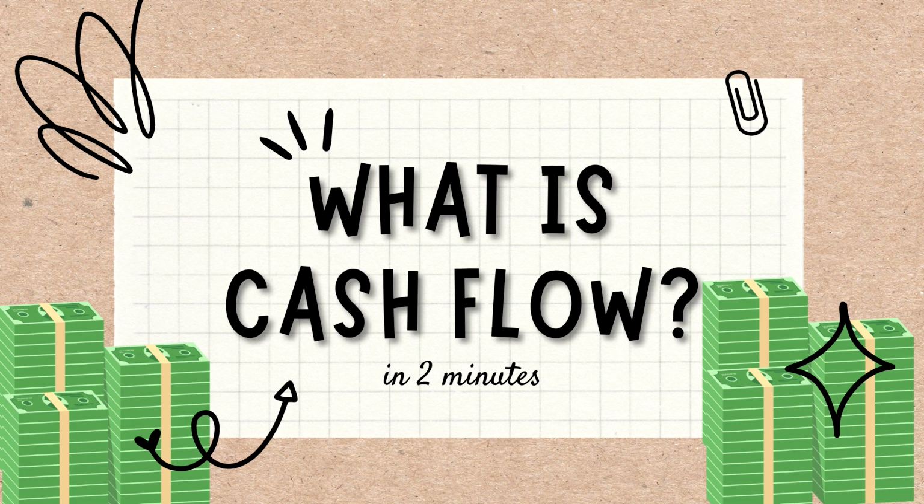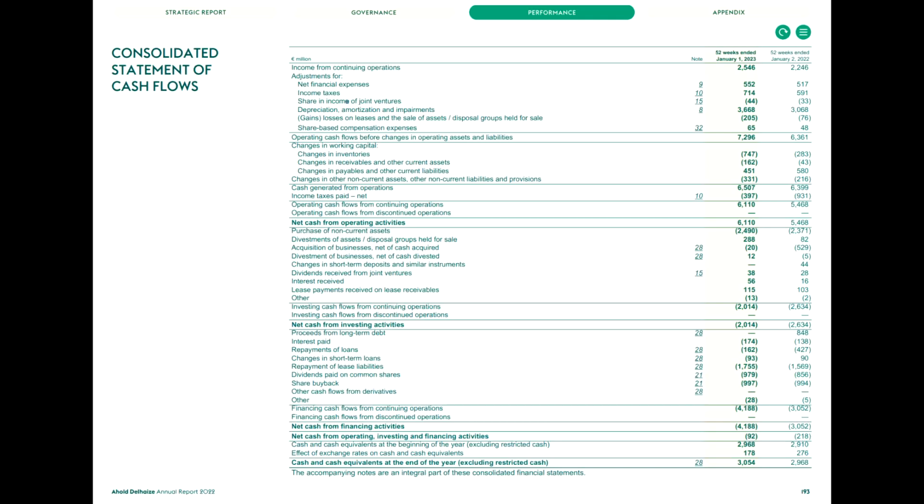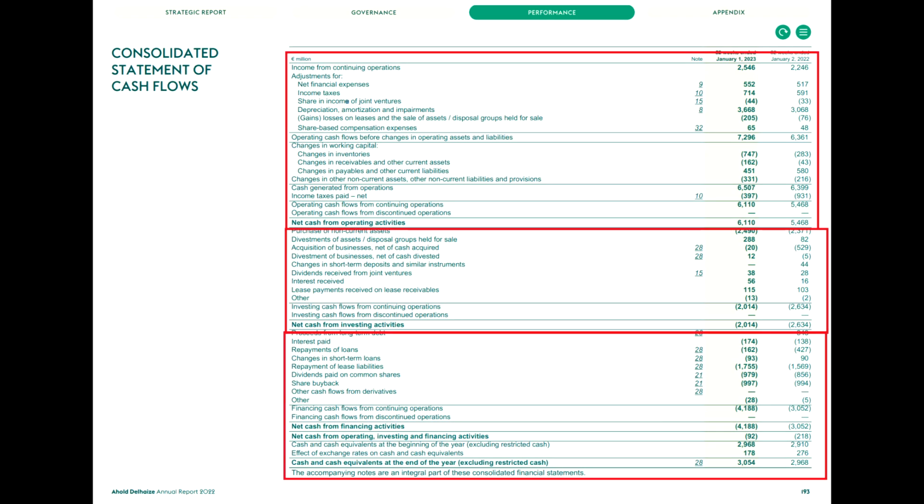What is cash flow? Well, if we have a look at a cash flow statement in a company's annual report, we see cash flow divided into three segments. As an example, we'll have a look at Ahold Delhaize, the grocery giant's recent 2022 statement. What we see here is that we have cash flow from operations, cash flow from investing activities, and cash flow